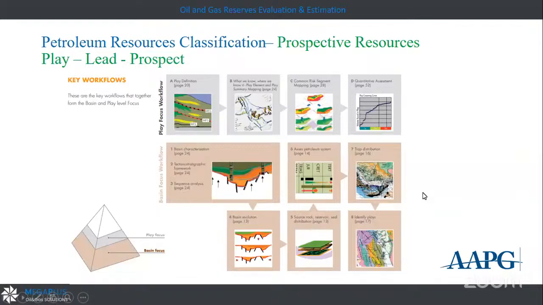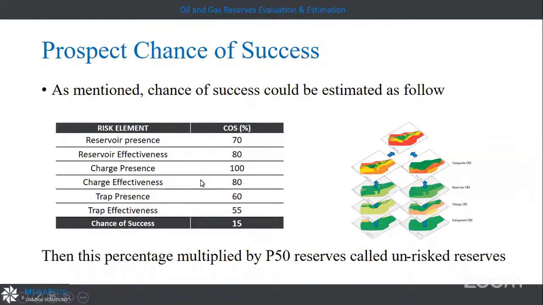So here is how they can evaluate a play without any anomaly. If I have an anomaly from seismic, we can call it a lead. After that, we have to make a chance of success. There are many variables or parameters for references, but this is the most popular one. In the chance of success, I have the main parameters about the play: the reservoir, the charge and the source, and the trap. In each parameter, I have to see the level of confidence of the presence and the effectiveness of each. For example, I have the presence of shale. I know that we have a seal rock right here, like shale. I have the presence of it.